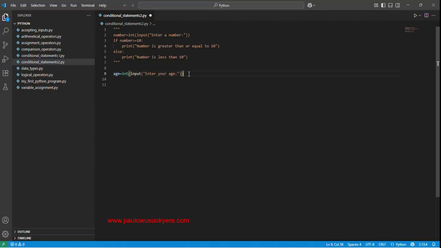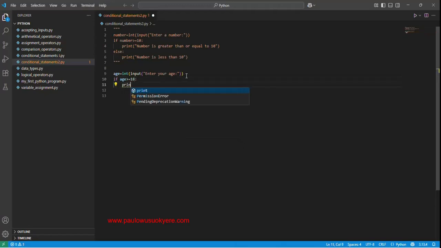So age equal integer input, enter your age. So if age is greater than or equal to 18,